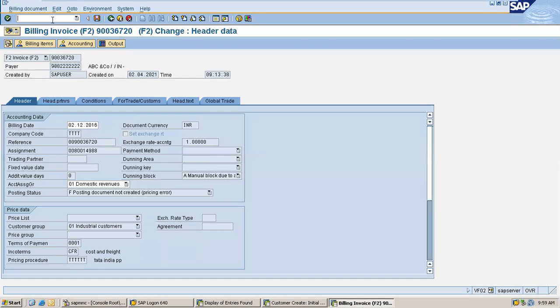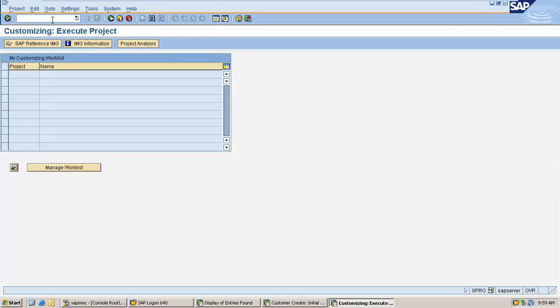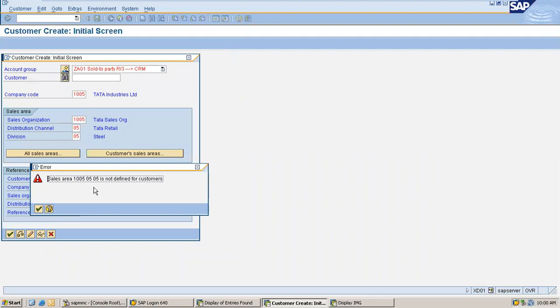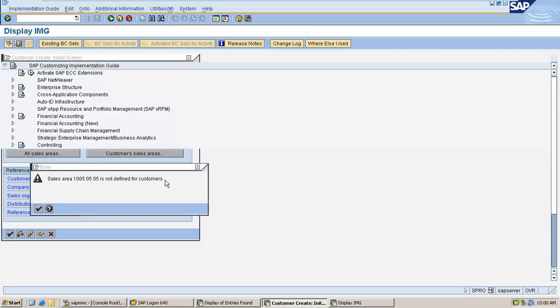So to start with business, immediately after setting up your enterprise structure, to start your business transactions or create customer master numbers, you have to maintain common distribution channels and divisions. Whenever you get this error, sales area is not defined for customers, think that common distribution channels and divisions are not set up.